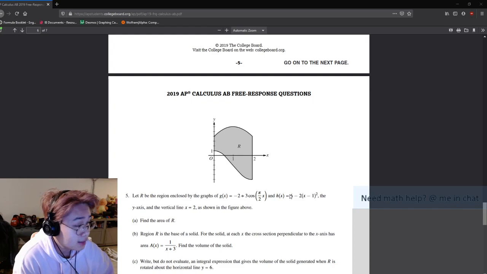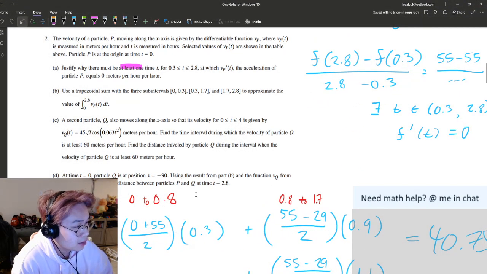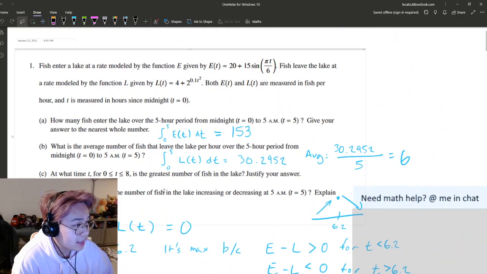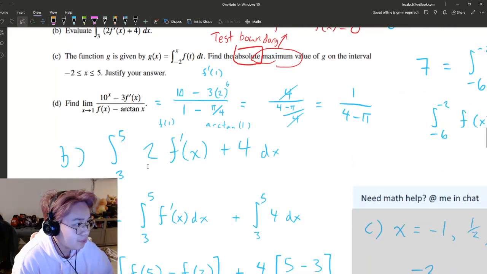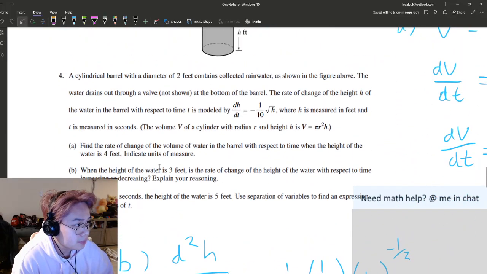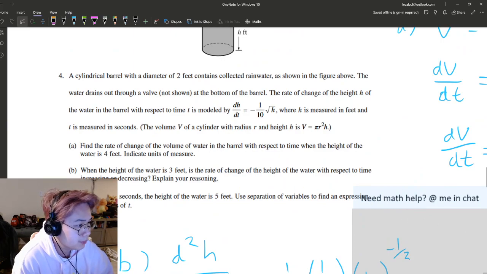From what we did last time, it was a little busy. I had to help a decent amount of people, so I didn't get through all of these AP free response questions. I think I did 4. So I wanted to finish these off today. I think there's only 2 more, and who knows how long that's going to take. And after that,